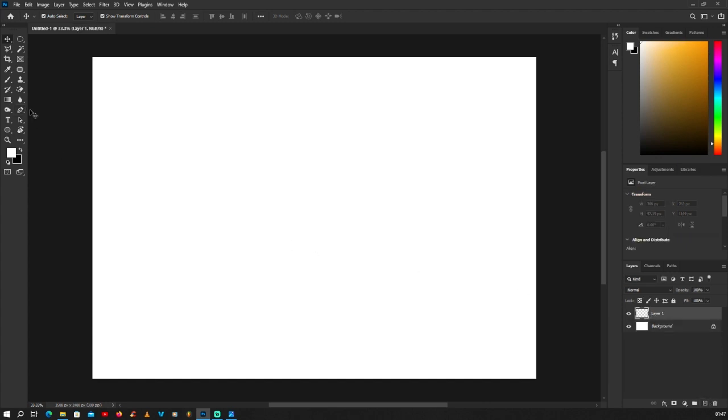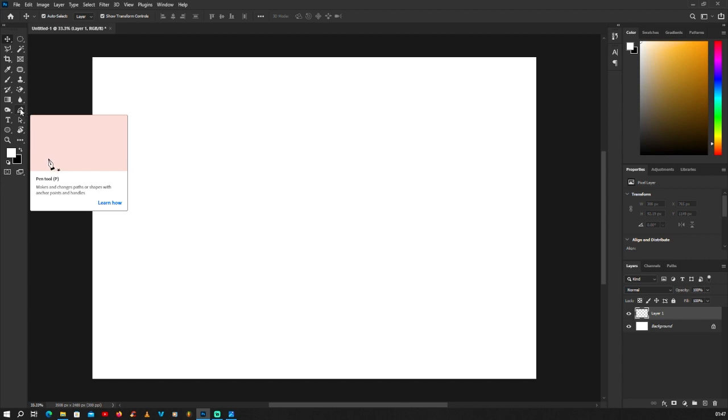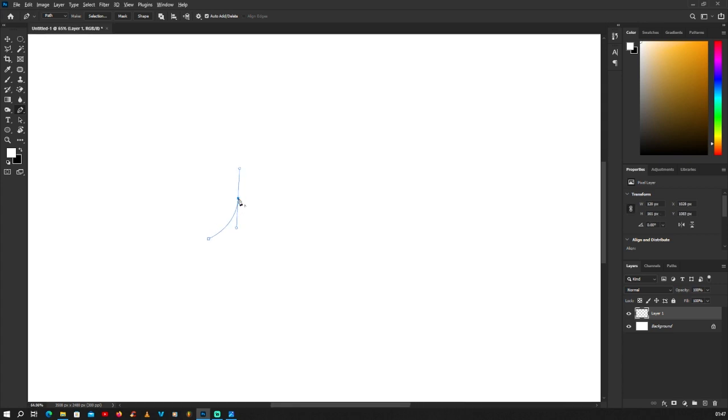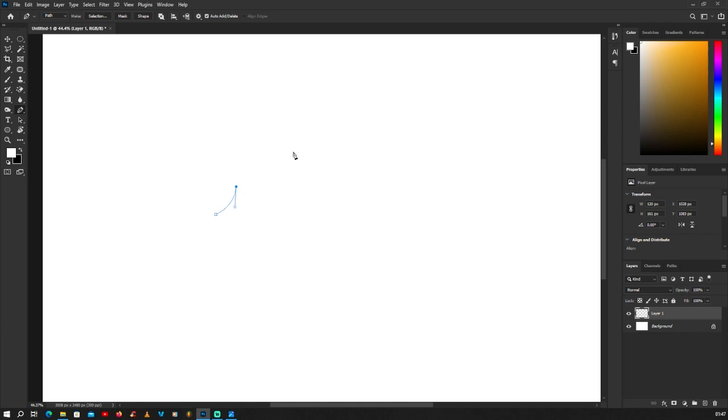Then we go and select the pen tool, this one here. When you click and hold, it brings many options, but we want the first option, the pen tool. So we're going to draw a fish. You click here, then you come and click here and hold and pull up a little bit, then alt click, then you come here, you click and hold and pull,